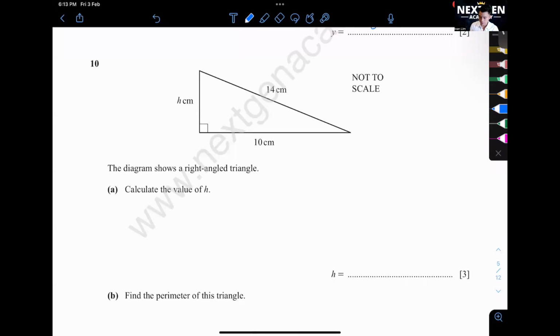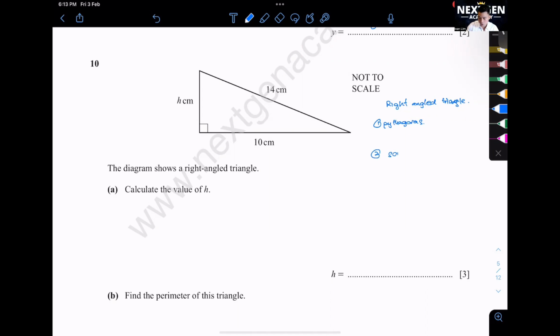Question 10. The diagram shows a right angle triangle. Find the value of h. For a right angle triangle, there are only two formulas that you all need to remember to solve any right angle triangle. What are the two formulas? Okay, very good. Write this down. If you forget, it might be one of these, or sometimes you might use both of them. For right angle triangle problems, you only want to think about either Pythagoras